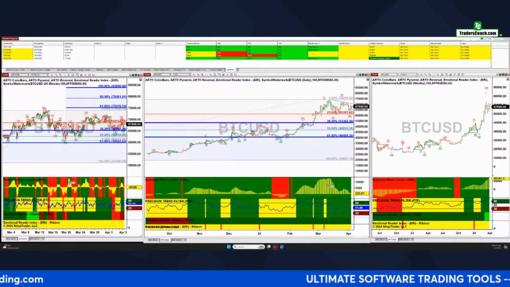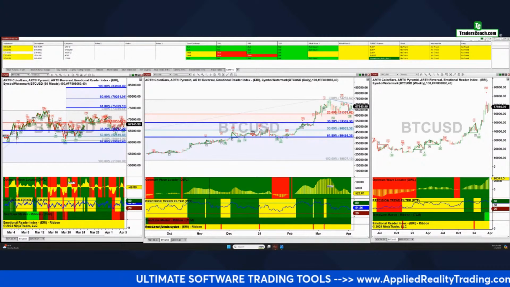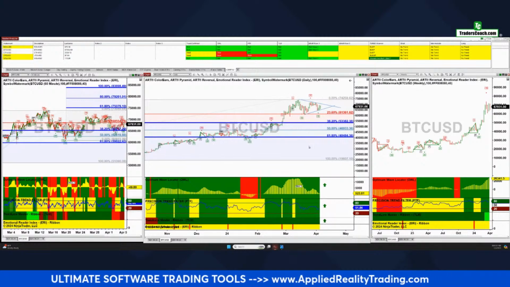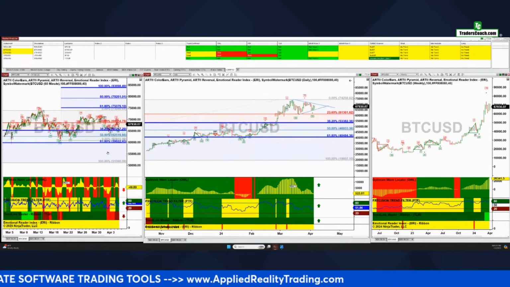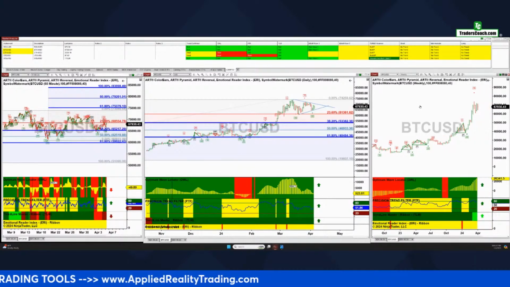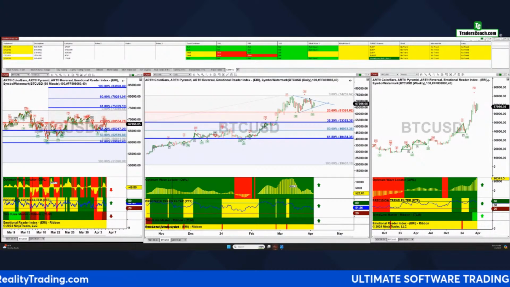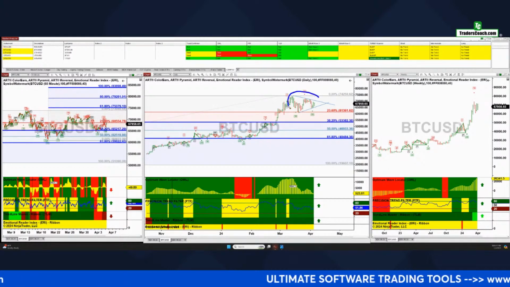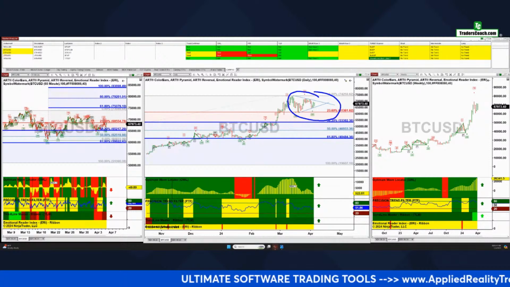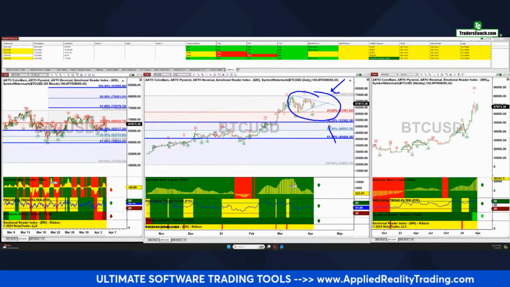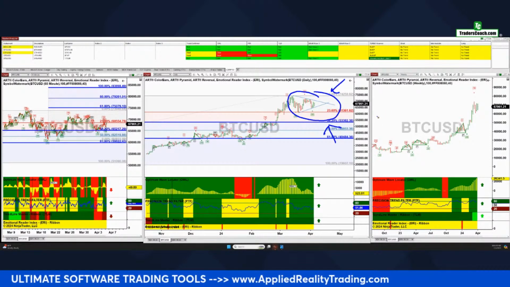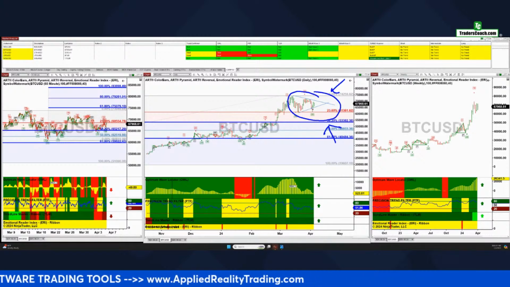And let's see what we've got cooking here as the market opens. All right, so first of all, I'm going to start out with Bitcoin. There's a lot of interest in the cryptos here. And so what I want to do is focus on the daily chart for a moment. We've got a pennant forming on Bitcoin. And so we're waiting to see how this coin is going to break the pennant.